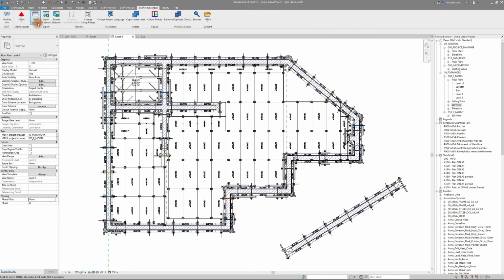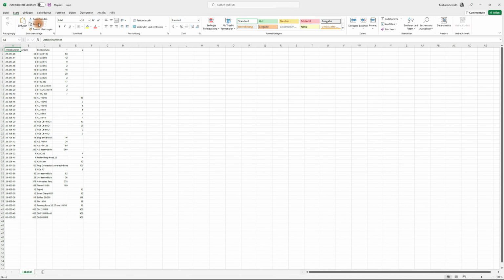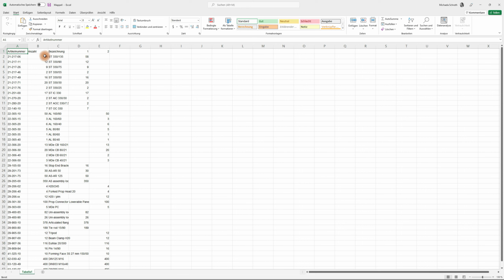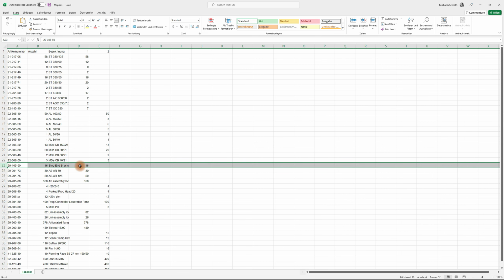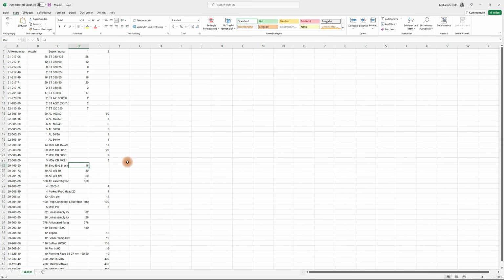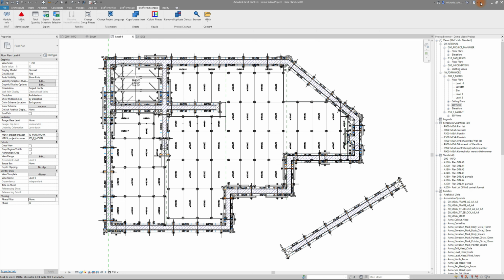The first command, total quantity, will open an Excel sheet that contains the most basic information about the quantity of the parts that need to be delivered to the construction site in order to build the project. It lists the item number, quantity, description, and which cycle the parts are used in. See, for example, beams for the flex slab formwork in cycle 2 or stop end brackets used in cycle 1 for the wall formwork. This is basically just a summary of the maximum amount for each of the parts, regardless of the possibility to reuse the elements in other cycles.